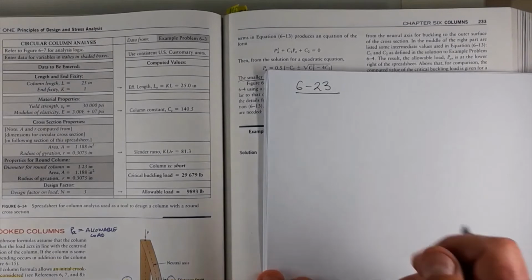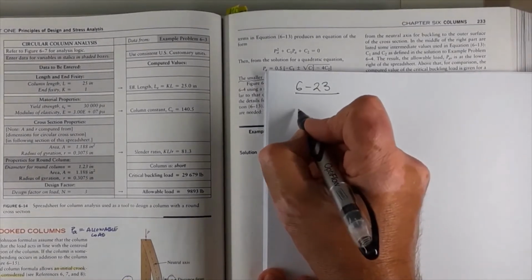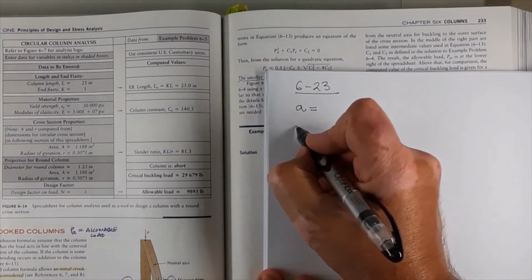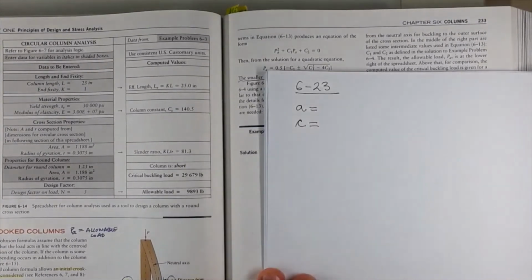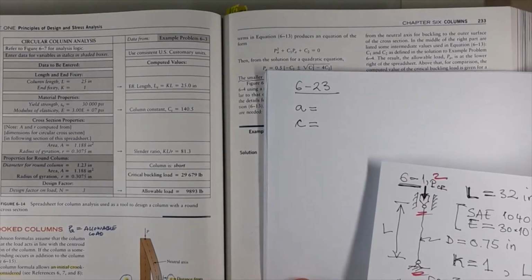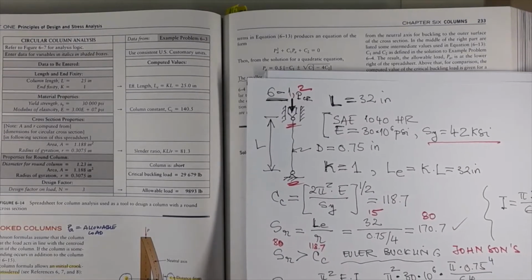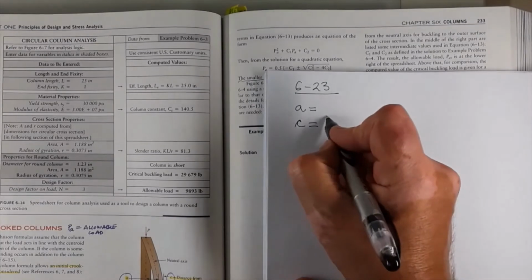So design factor is given, again, A, it's the initial crookedness, and then we have C. Looking at the figure, this is going to be the radius of the bar, or half the diameter. So it's diameter over 2,